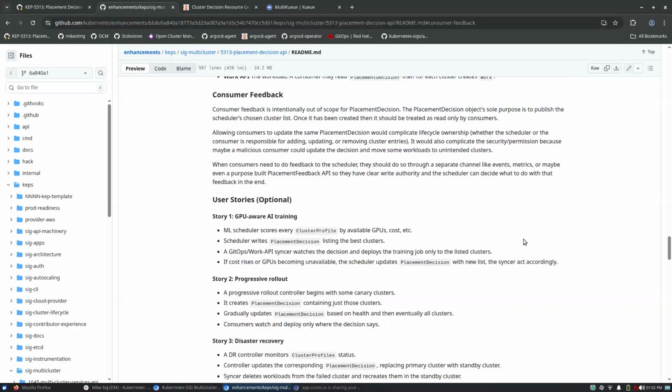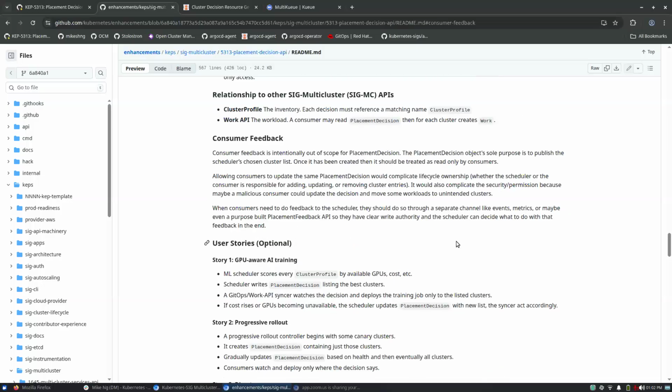Yeah, I think that was discussed during the draft of this cap as well. I think where you're alluding, at least to a consumer feedback, and we mentioned consumer feedback, it's not in scope for this cap because of the tightly coupled reasoning as you mentioned, and then you really need the placement.